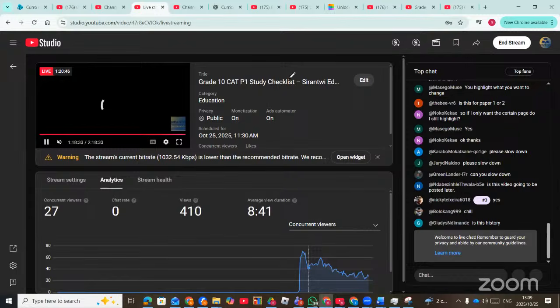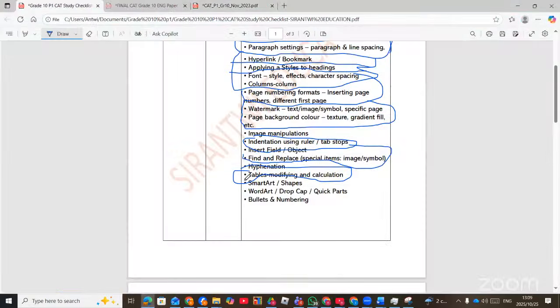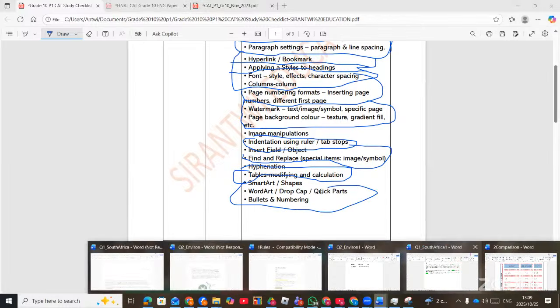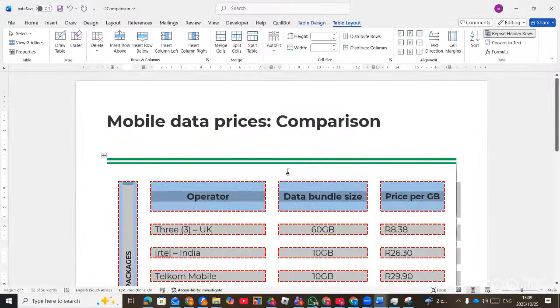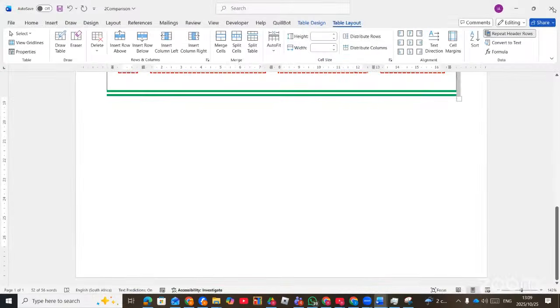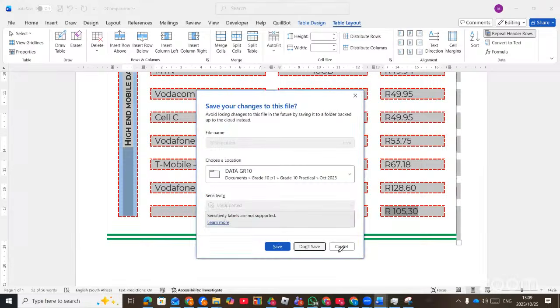If there's no question, I will proceed to the last part of Microsoft Word. That is the shapes, which I will just put as one: shapes, drop cap, bullets, and numbering. I will just make it as one because it doesn't involve a lot. With that one, I'm going to use the file called